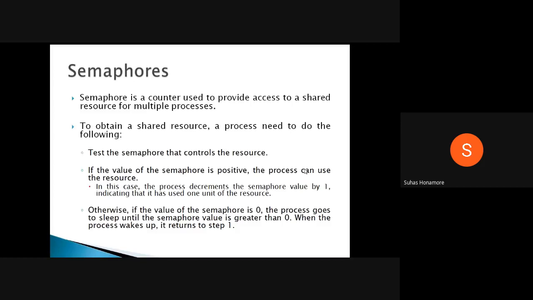So before this, whatever we have seen, that is shared memory. In shared memory, multiple processes may be trying to access the same resources at the same time. To avoid that, we'll be using a concept called a semaphore. It's nothing but putting restrictions on when you can access the shared resources. That restriction we can keep by using semaphores.